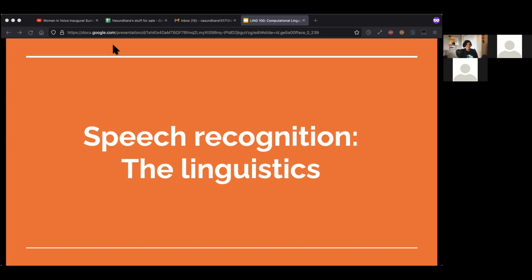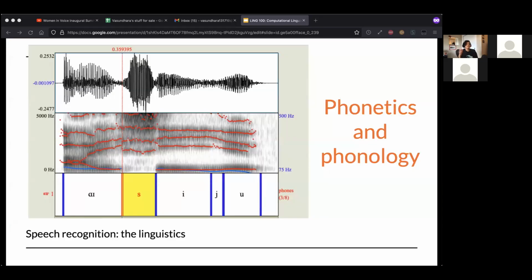And you in Ling 100 have had a really nice overview of all of these different pieces of linguistics. So I'm hoping that all of these terms sound familiar to you. I will also try to define them just in case. So obviously in that first step, I already mentioned that Praat is a piece of software that's